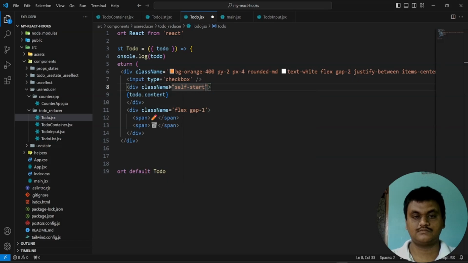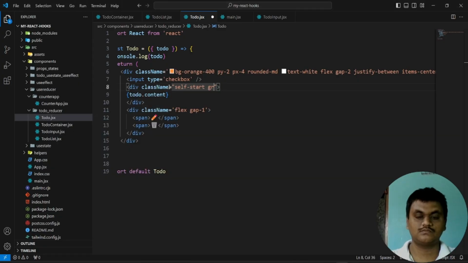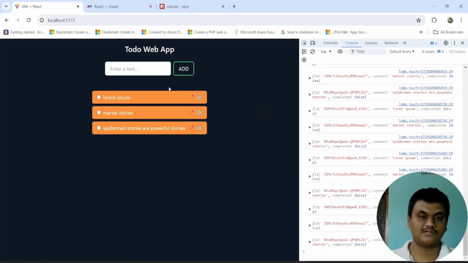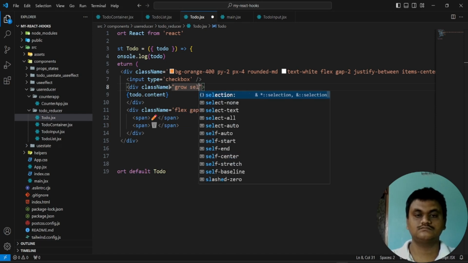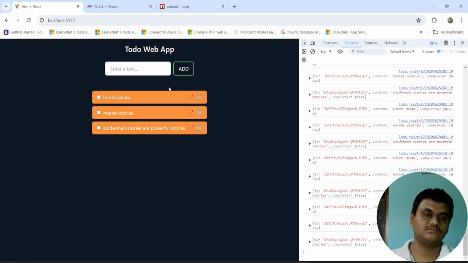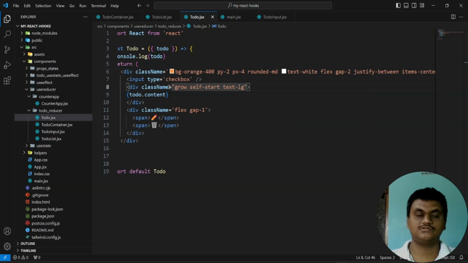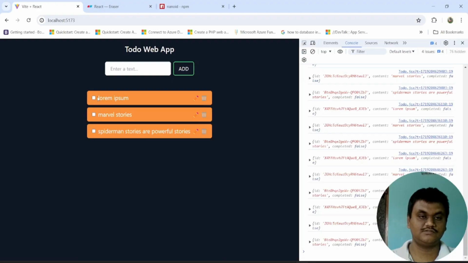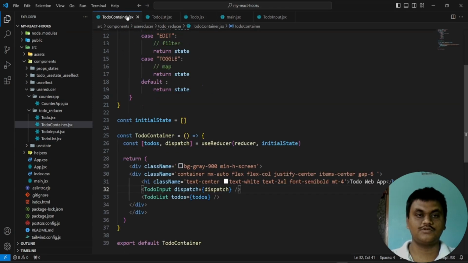Self start, row, row self start, self start. Increase the text large. Okay, text is large. If you click on this toggle button, we are going to make it as a line like strike. For that, I'm going to pass from the container